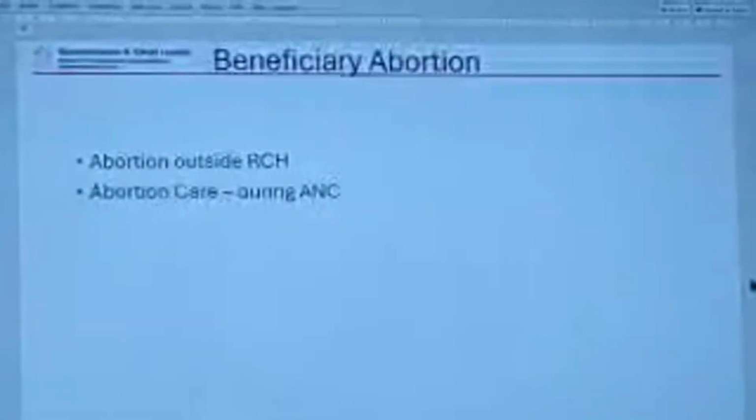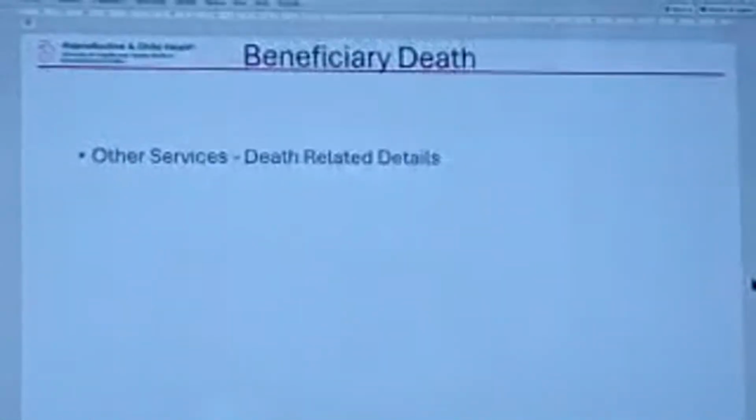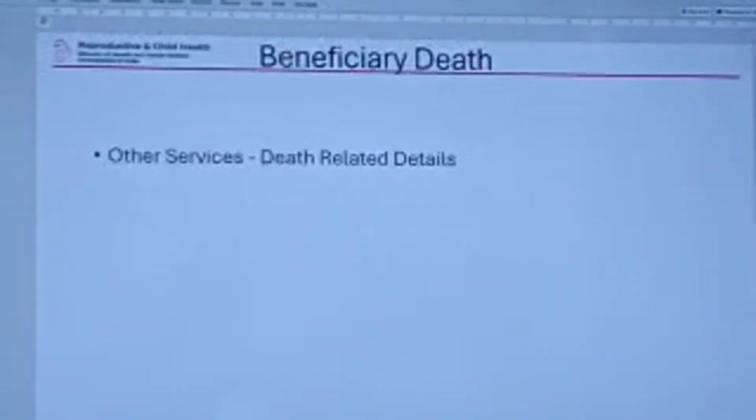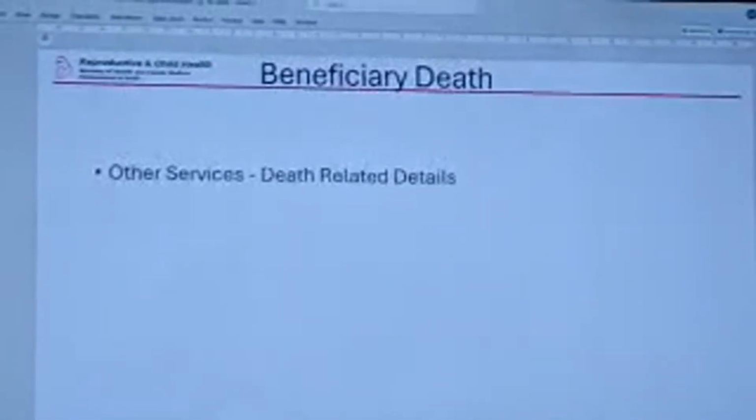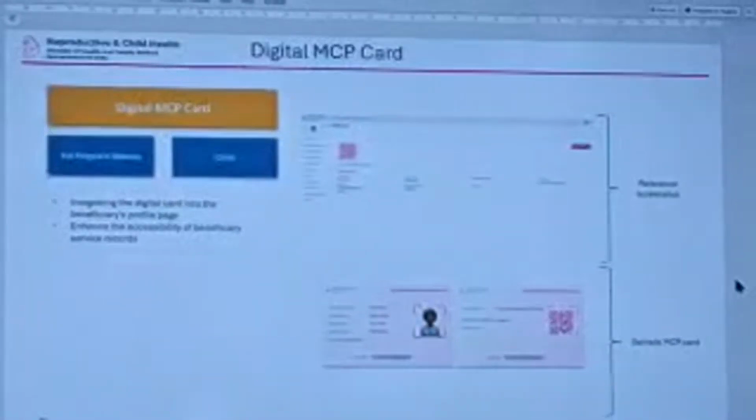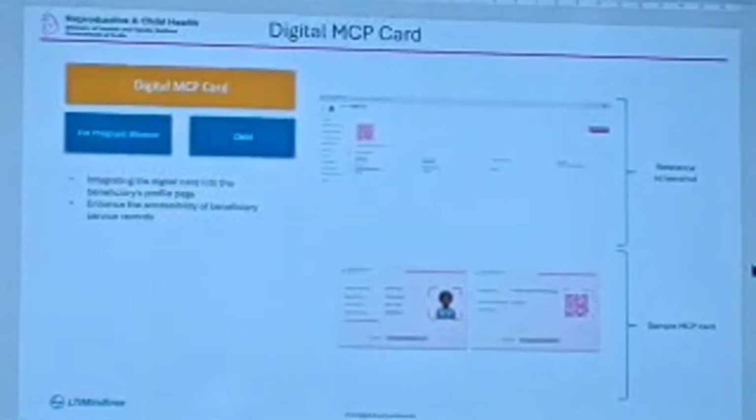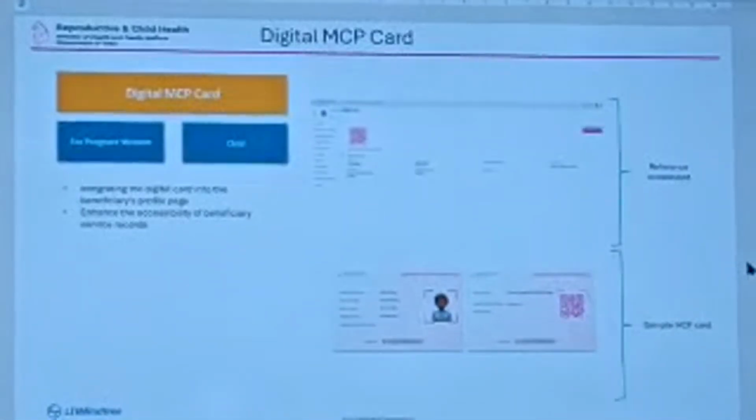Yes, and then we also talked about the beneficiary abortion cases. We also talked about the beneficiary death cases, how we can add a beneficiary abortion as well as beneficiary death in the RCH system. And of course, we also talked about the digital MCP card, Mother and Child Protection Card,